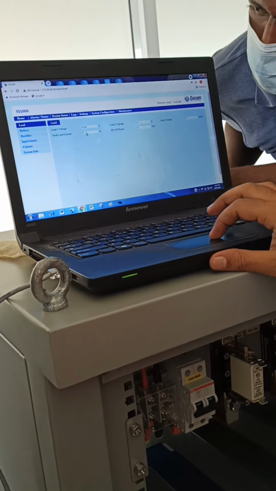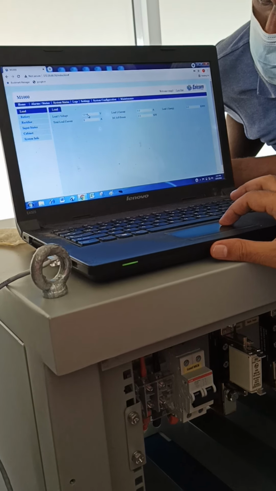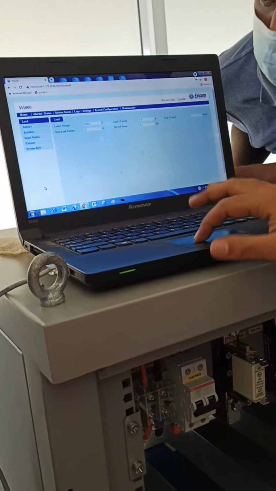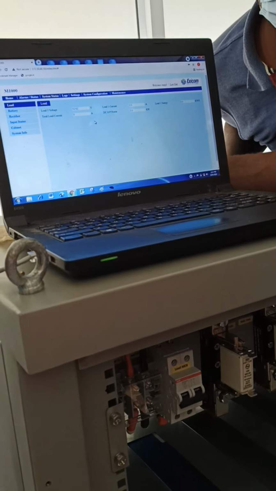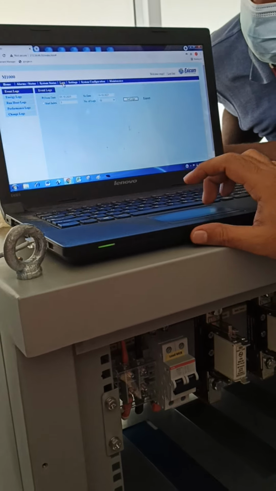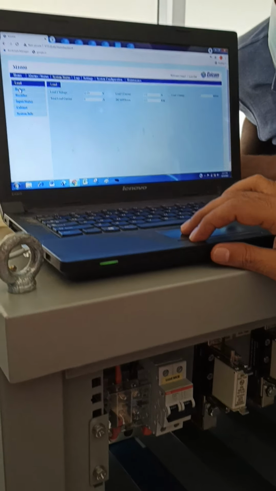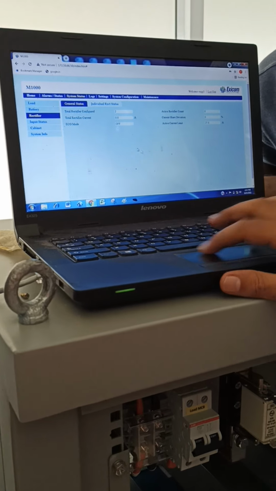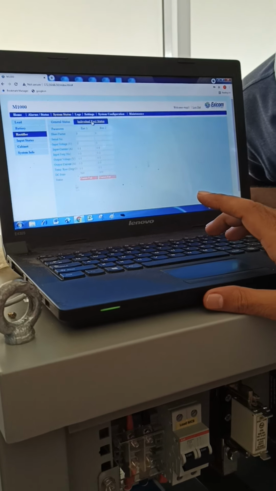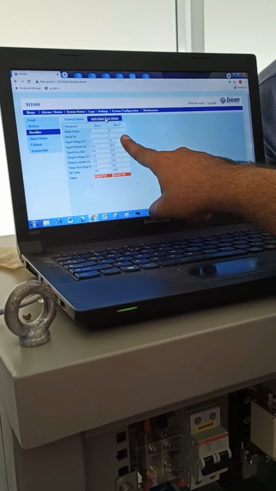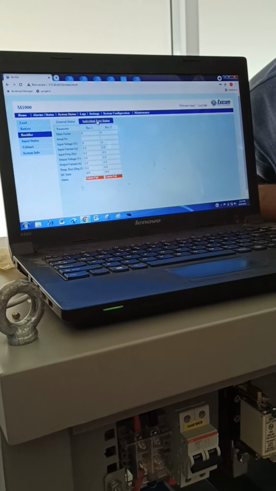Status: float mode means no battery charging, no discharging. System voltage is 52.6. These are all the status. We cannot edit in this part, we can only read. This is the log data, and you can see all this data here. Battery, rectifier. How many rectifiers? 2 rectifiers, but the data is not available here. The serial number is not visible, which means the rectifier is not registered.